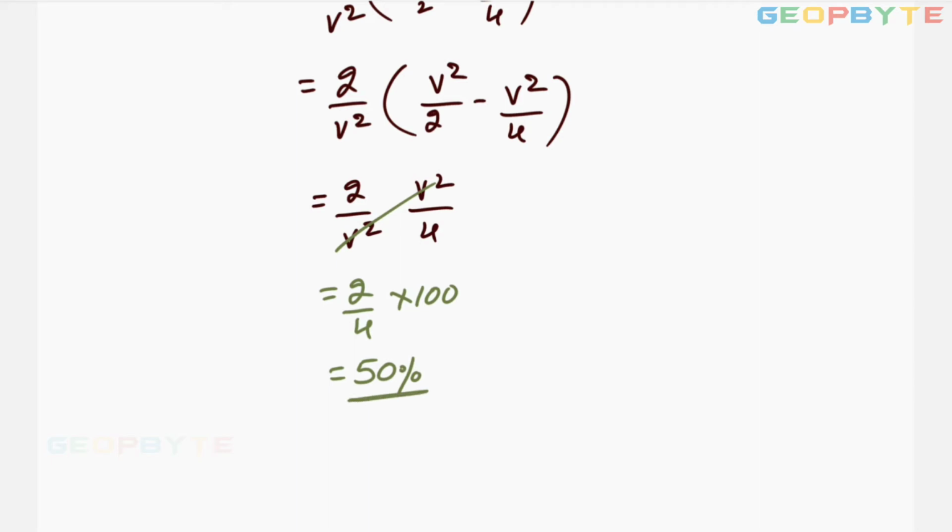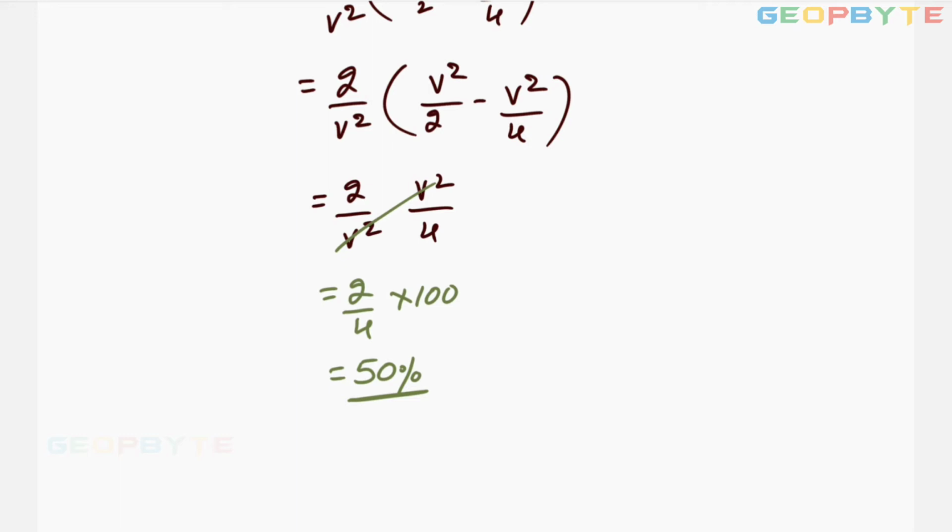The maximum expected efficiency for the arrangement, where a number of blades are connected around the circumference of a circular disc with equal distance, that is the series arrangement of the blades around the circumference of the disc. So this kind of problem may be asked like this: derive or prove that the maximum efficiency of the series arrangement of the plates connected around the circumference of the circular disc is 50%. For that you have to write this entire information. I hope you clearly understood.